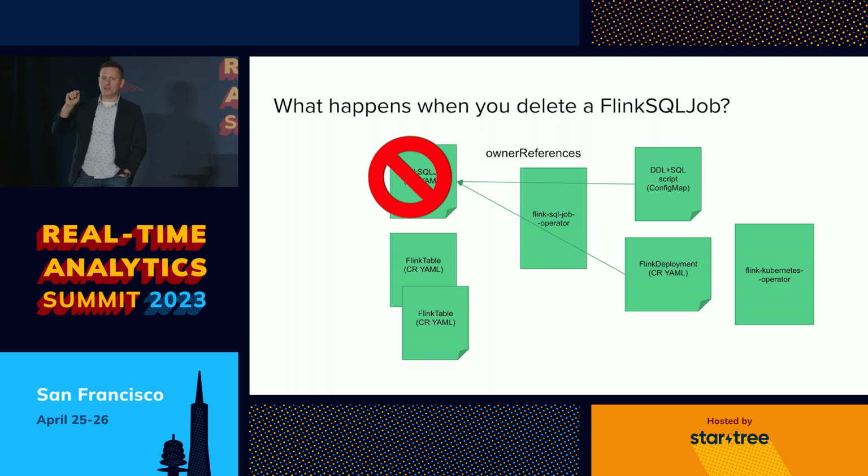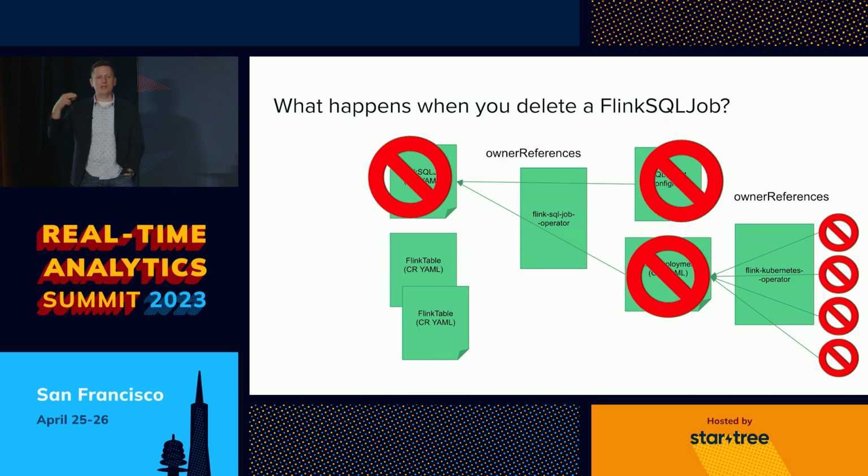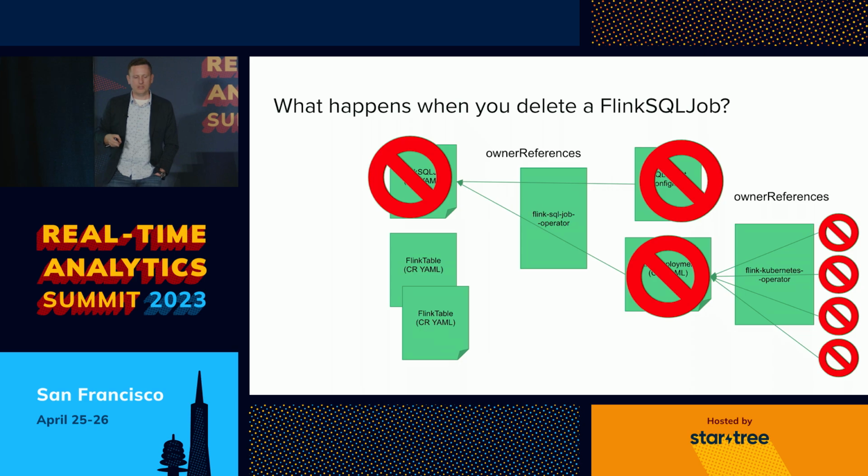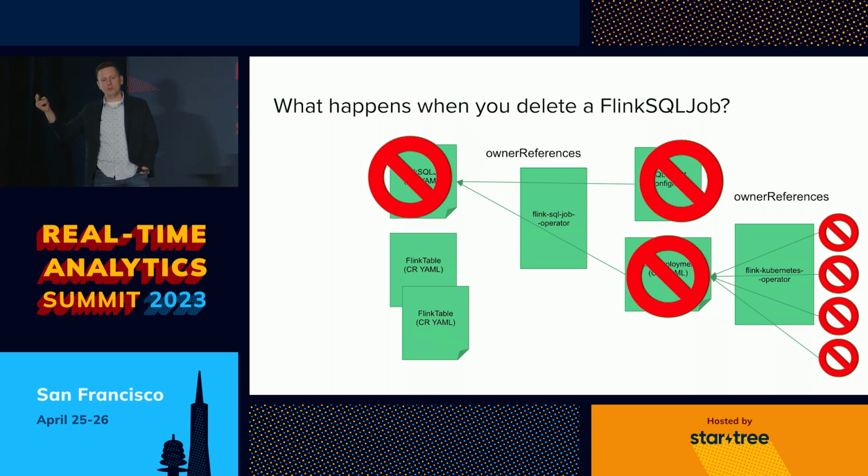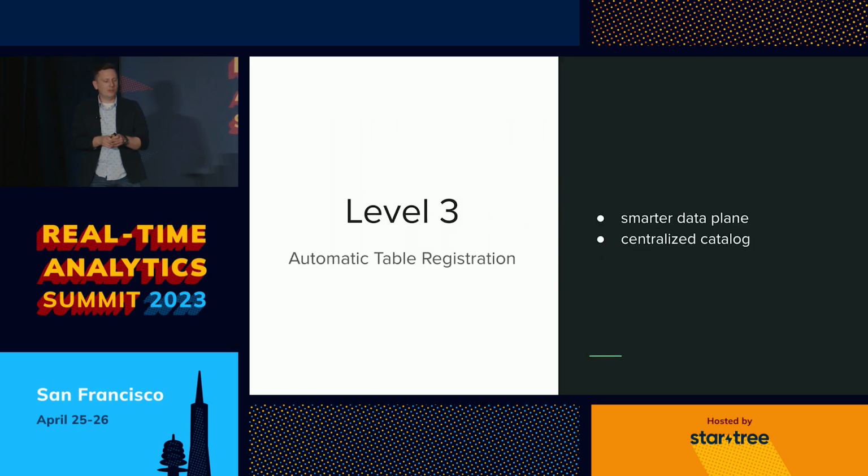But an owner reference means that when an operator spits out YAML resources, it can link those resources to some owner. And the reason you would do that is because if I delete the Flink SQL job, Kubernetes will automatically delete all the things that Flink SQL job owns. And that'll actually cascade through multiple levels of operators if you needed to, and it just all happens automatically. Because the Flink deployment operator links ownership of the things that it produces back to the Flink job, Flink deployment, and so on. So long as all operators participate in this pattern, you get all this for free, which is pretty nice. All right, so next level, automatic table registration.